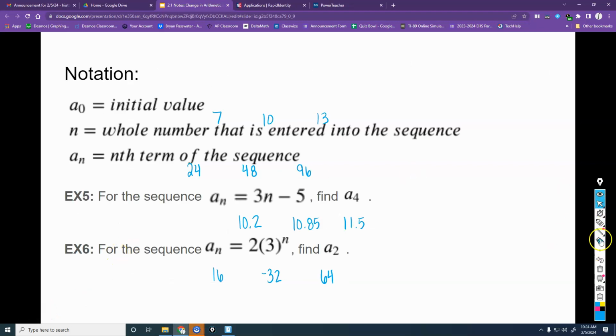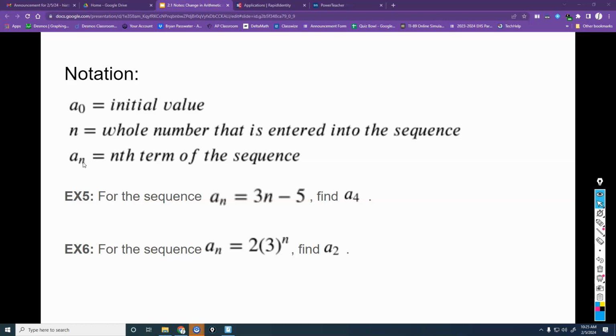So for the notation that you are going to see a lot of times, instead of using things like y equals 2x plus 7, we're going to have this notation where we will have like an A with a subscript behind it. Or we might have a G with a subscript. The notes for these I